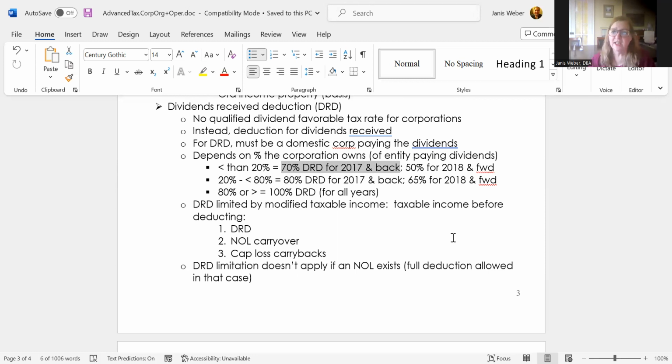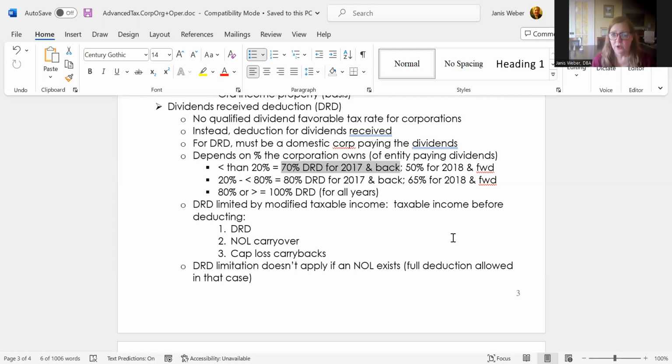In 2017 and earlier, if you had less than 20% ownership, you could deduct 70% of those dividends. But now, if you have 20% or less, you can only deduct 50% from 2018 forward. That's just a change that happened right there at that 2017, 2018 timeframe. And if you own from 20% up to 80%, not quite 80%, you used to be able to deduct 80% of those dividends and not show them as taxable, but now it is at 65%